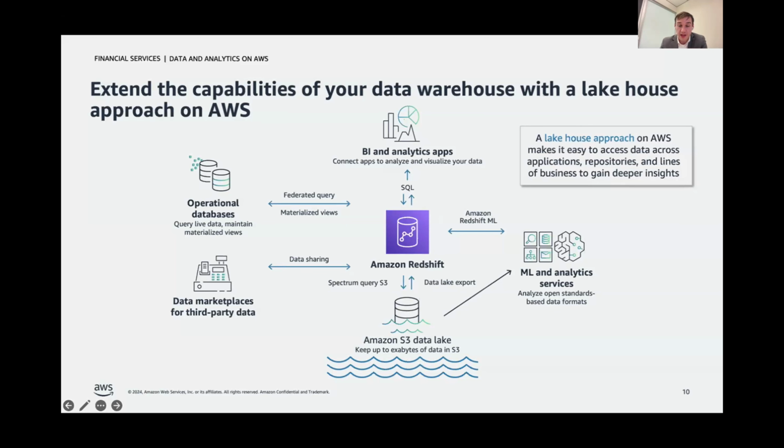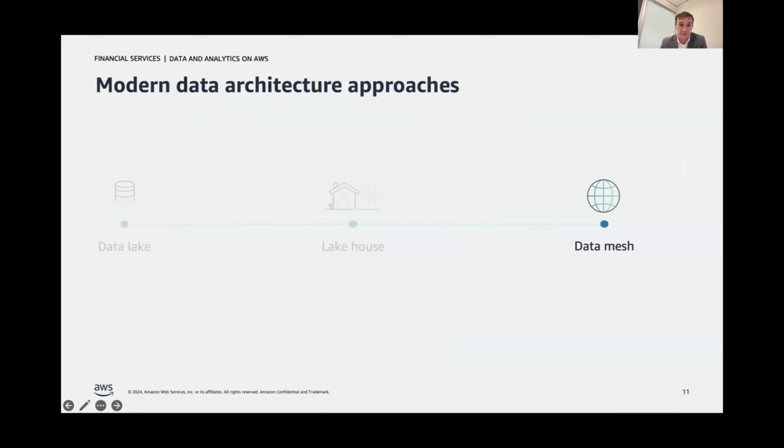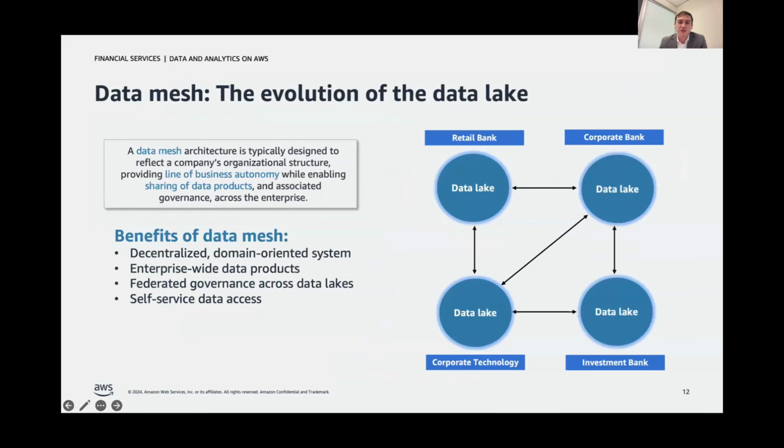And finally, the last architecture I want to explore here is our data mesh architecture. This is our most advanced architecture, or at least what we see our most advanced customers use. They understand that a data lake is more than just data; it's actually a product. They really reflect the realities of how data is generated, processed, and shared across their organization. These customers build a data mesh that enables the governed sharing of data across their data lakes. Another definition of a data mesh is that it is a decentralized domain-oriented data system to drive governed sharing across data